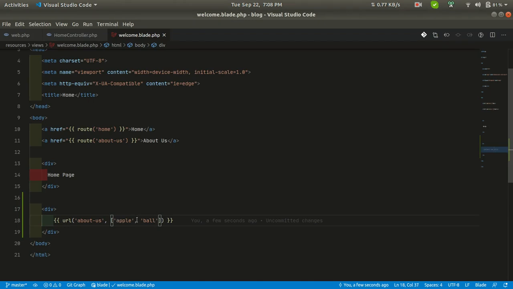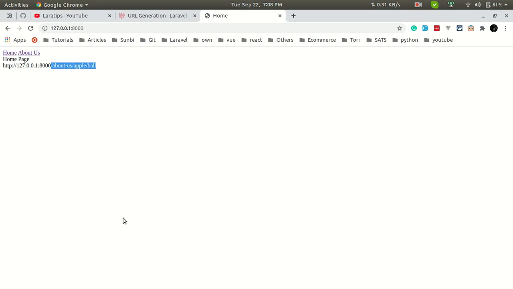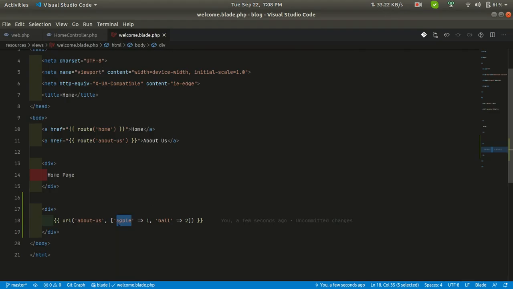But if we pass an associative array like apple equals 1 and ball equals 2, then it will only take the values and ignore the keys. Let's see, when I refresh the page, you can see about us 1/2. It is ignoring the keys and taking the values only. But we'll also be looking at the route URL generator, which will consider both keys and values.